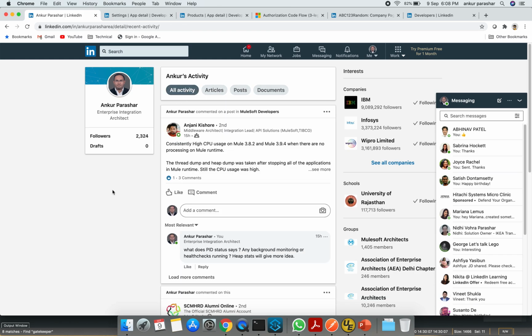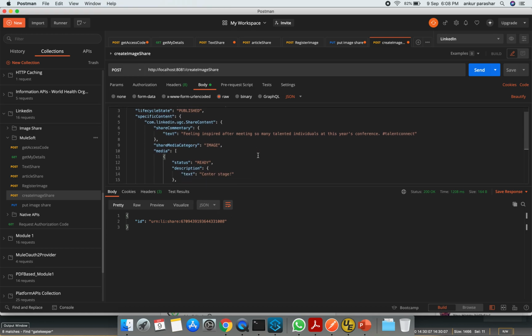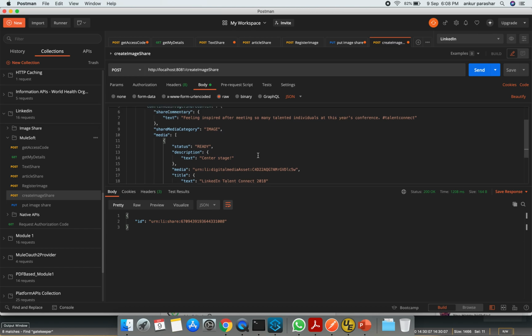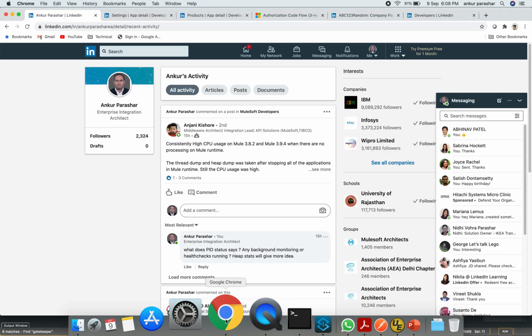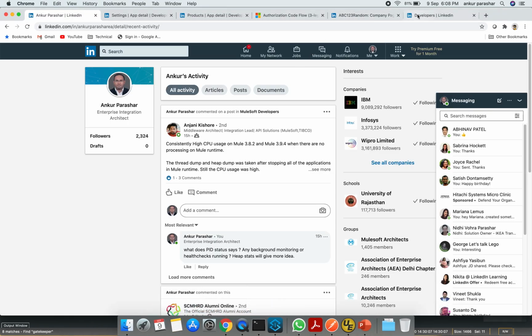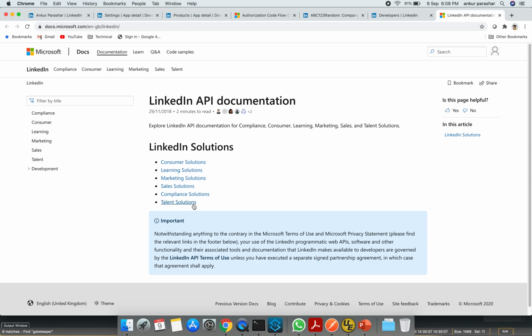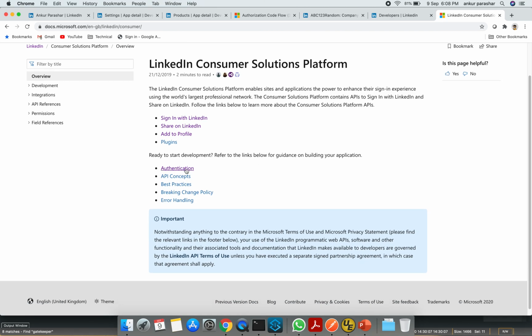But let's go back to our original thing. It's being published, but it's taking some time to get refreshed. Okay, so this is pretty much done, and you can refer to the developer's LinkedIn page for the docs in order to understand the structure of these payloads in a better way.